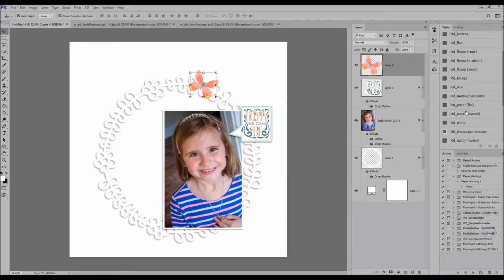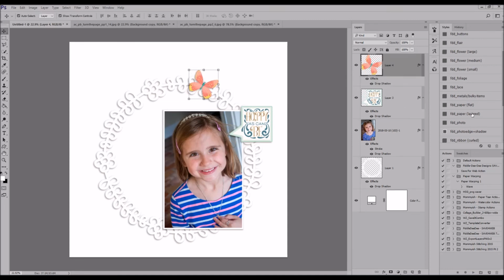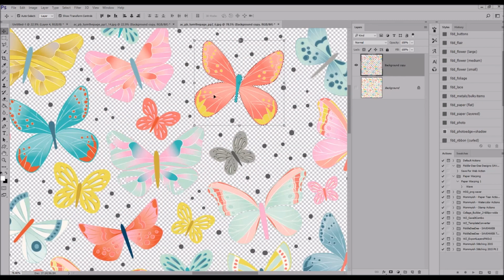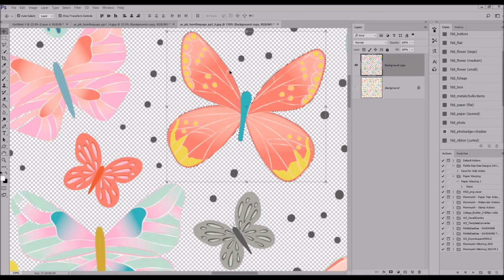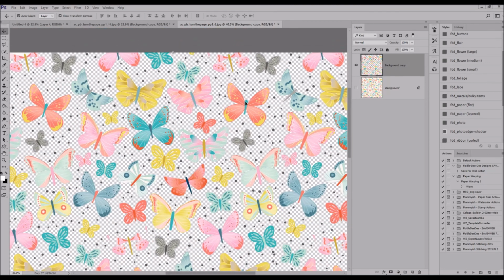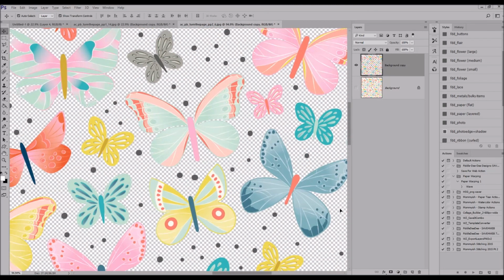I'm going to go ahead and rotate it, and I will add a shadow. I like to shadow as I go. It just really gives me a better feel, almost like I'm building a paper layout, because in a paper layout you would see the dimension as you build, especially if you're putting pop dots and stuff underneath your